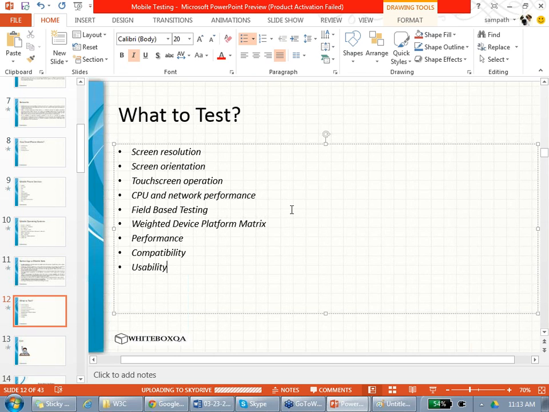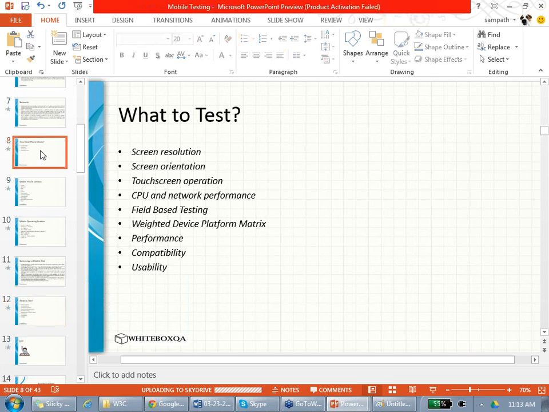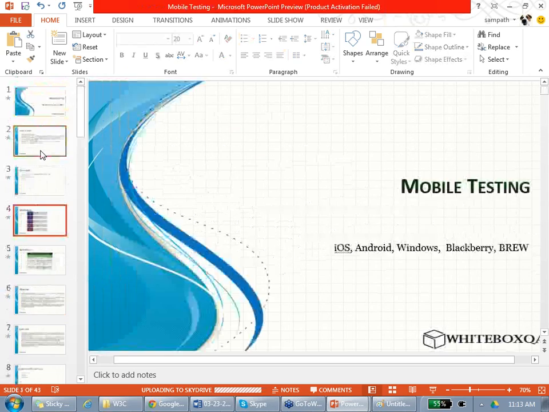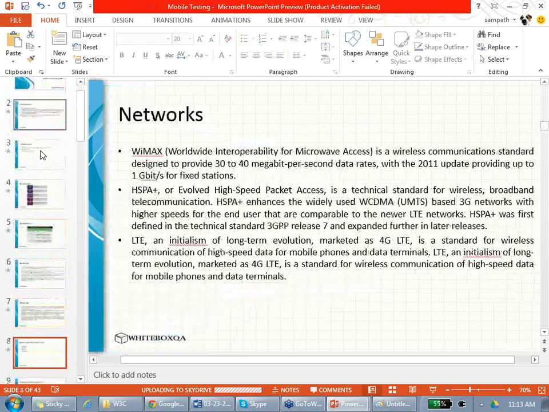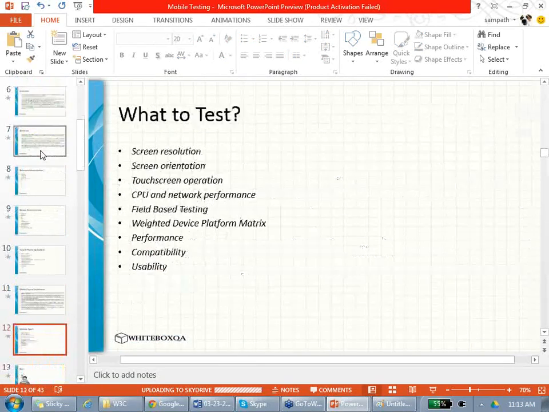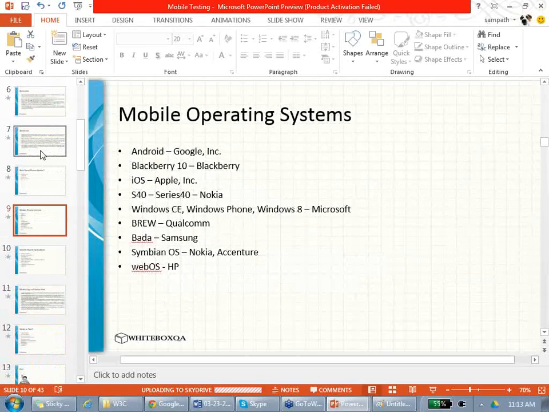Screen orientation. Every smartphone has some of the following features.